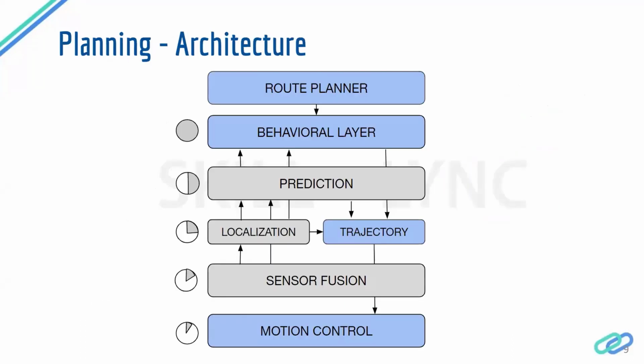So before we go ahead, let's do a small recap on what we have learned. We saw the different layers and how they are interacting. So this slide tells you more about what the different planning layers, or the different layers in the autonomous vehicle or the robots, are and how they interact with each other. And you see the little circles on the left side. This conveys crucial information. So this is basically telling how fast each of the